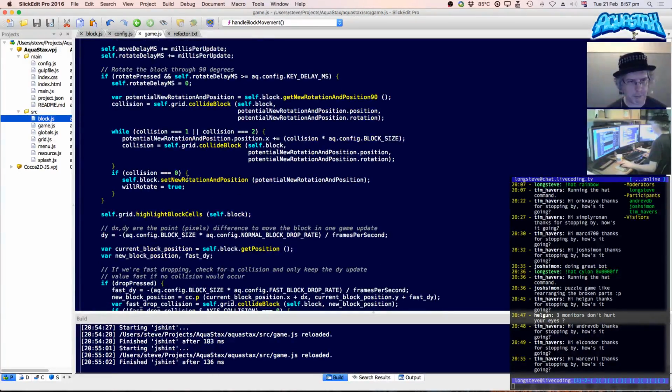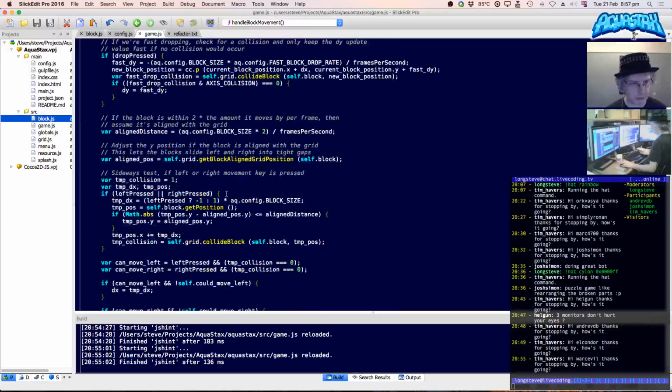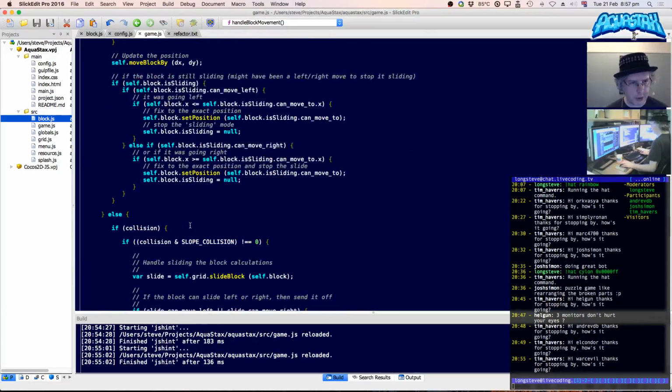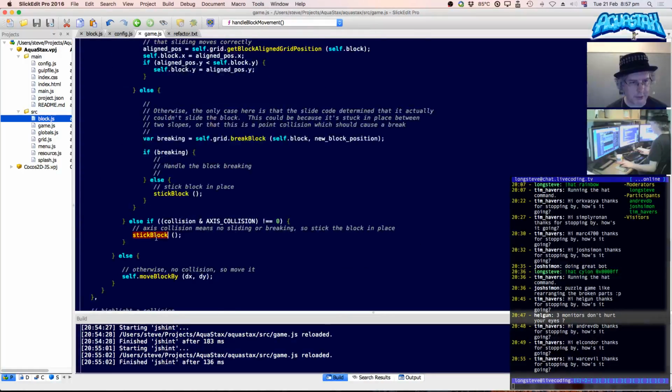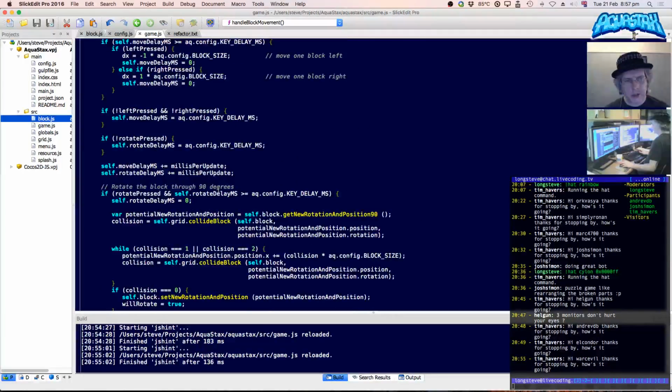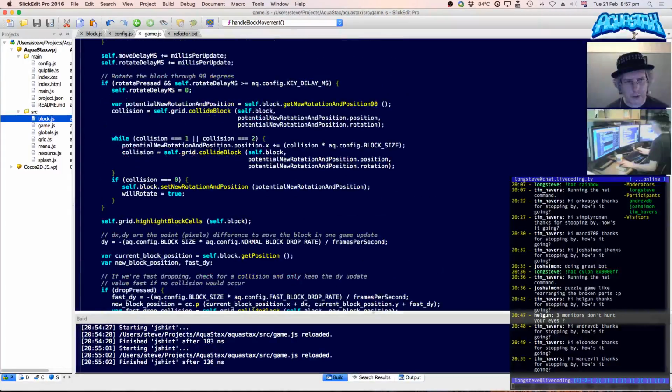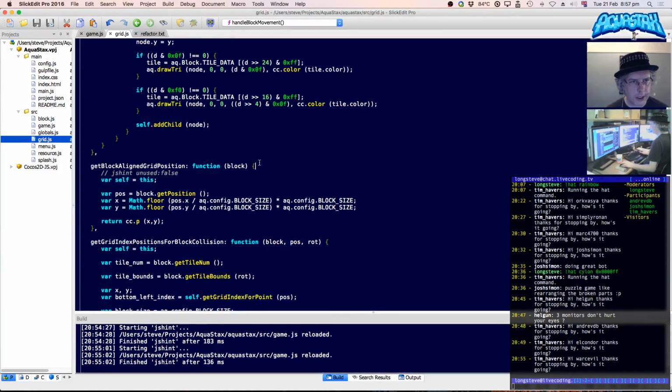At the bottom, that position gets set by somewhere where it's got stick block, isn't it? Yeah, there it is. It sets it in there. So I wonder if it's the fact that that collision is 1 or 2. So it's grid.collide block. So is that? Is that? I wonder if I